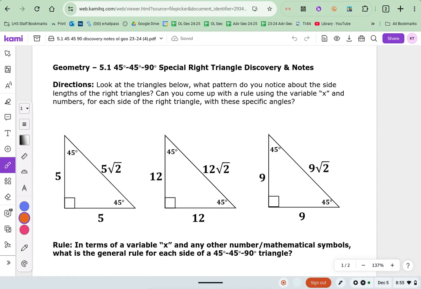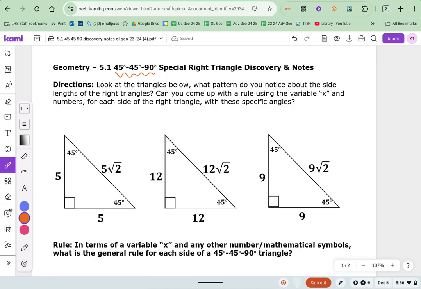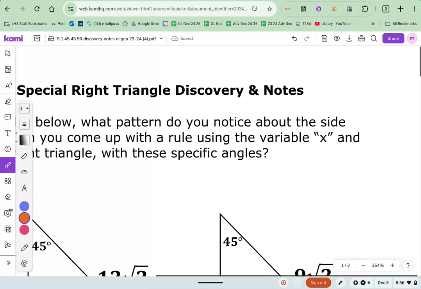All right, so we are going to be looking at 2 different types of special triangle patterns. These are called special right triangles. Today we're just going to be looking at one of them, one of the triangle patterns that are called 45, 45, 90 triangles. So how a 45, 45, 90 triangle is made is essentially we have a square,